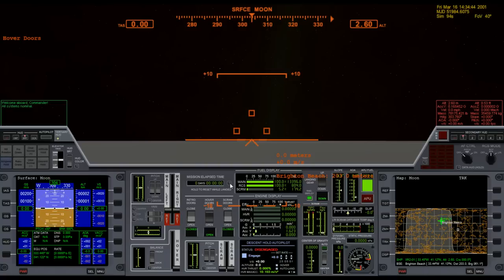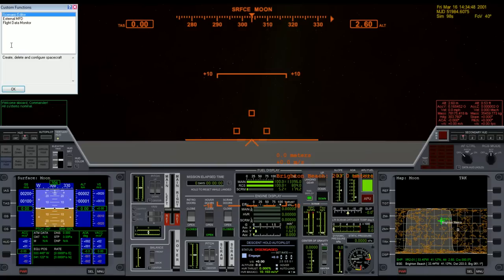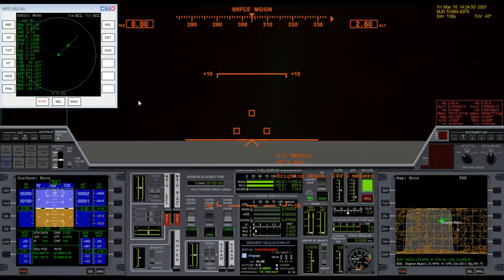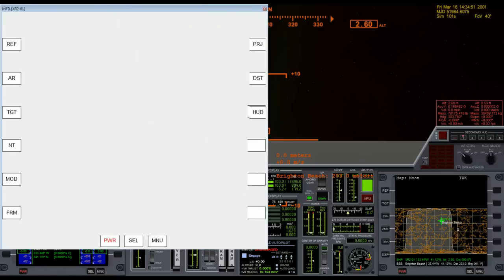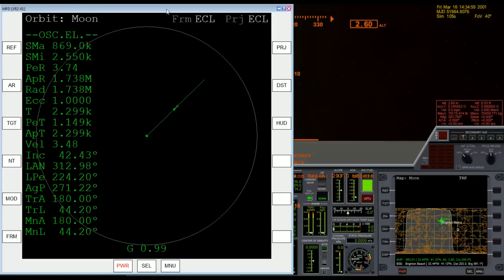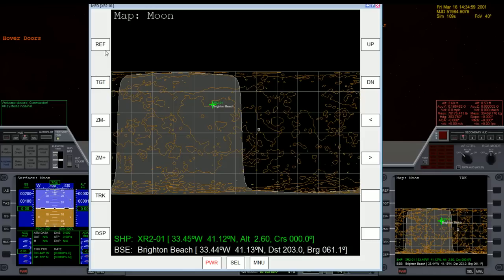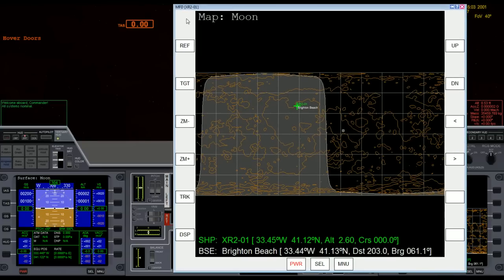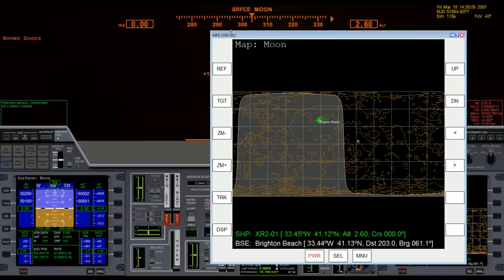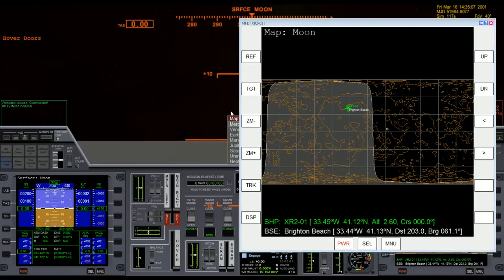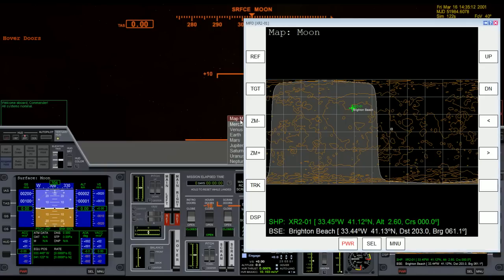Now what I want to do, and I suppose I can use an external MFD for this as well, just to make this nice and large to see, I'm going to bring up Map MFD, and I'm going to reference the Earth, and actually I need to make this a little smaller because the reference box is always behind. So I'm going to select Earth,